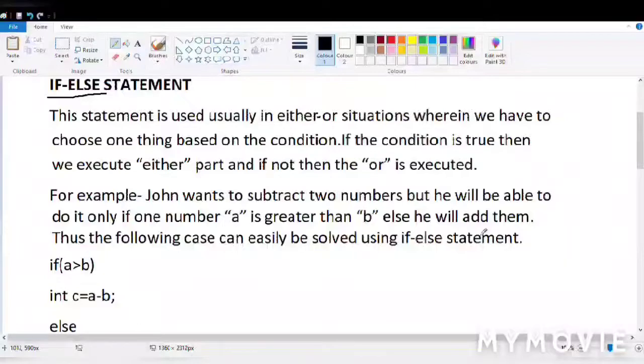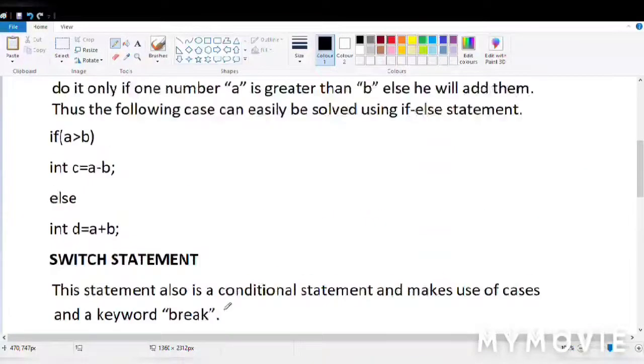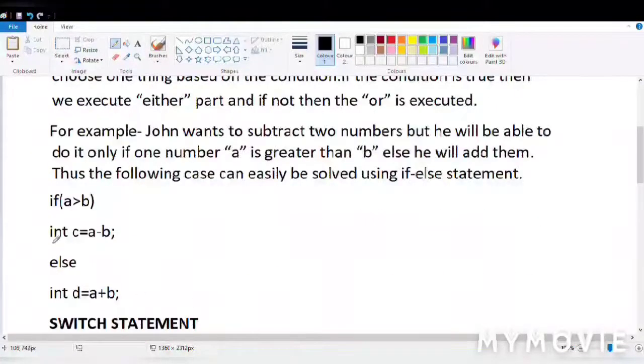So the syntax of the if else statement goes like this. If, and here I have mentioned the condition, that is A greater than B. This is the condition that needs to be checked. These A and B numbers will be input by John when we run our program, but now we are talking about the syntax.